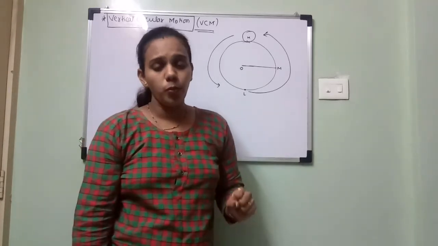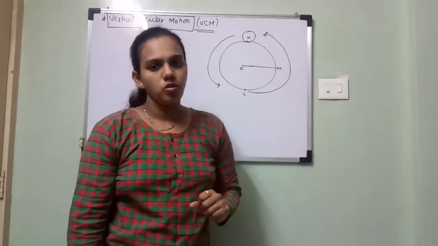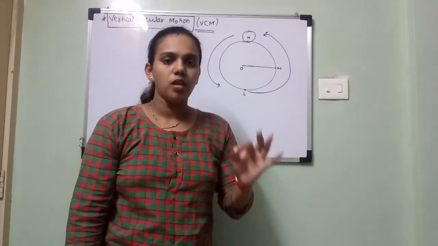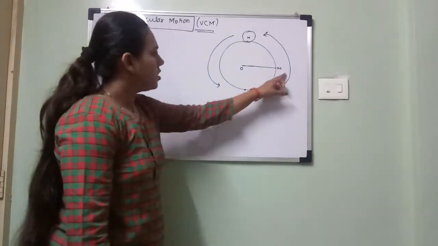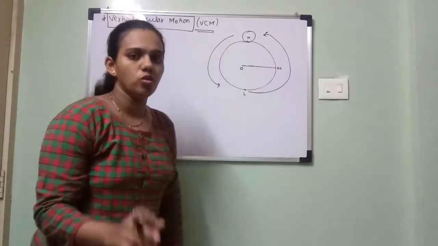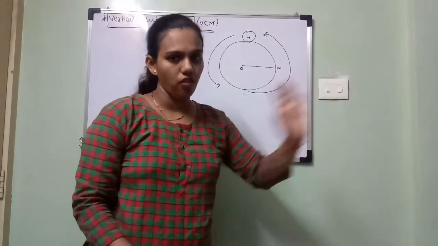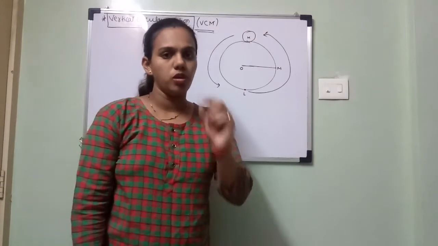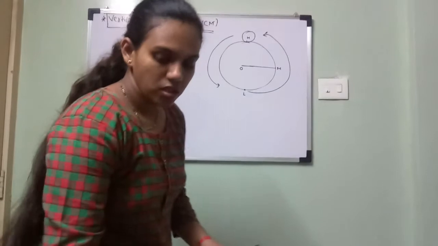And this we have to prove using those derivations, right? So the first derivation which we are going to see is the expression for tension of a particle performing VCM, which is vertical circular motion. And we will consider the three positions, because at these three positions you can easily know the value of theta, because it goes on changing at each and every point. But at these three positions you can easily tell what angular displacement or what angle the particle is covering. Okay, so let's see the first derivation.